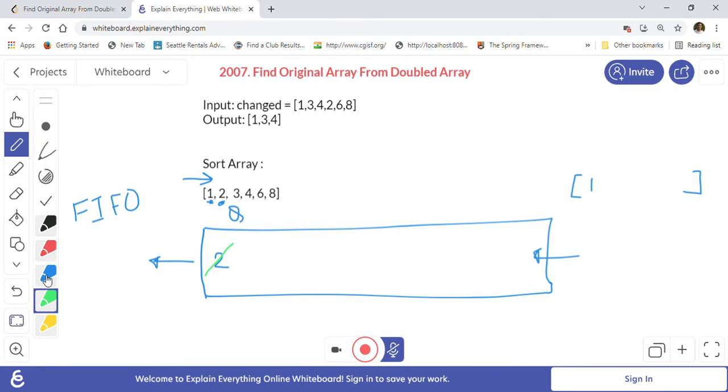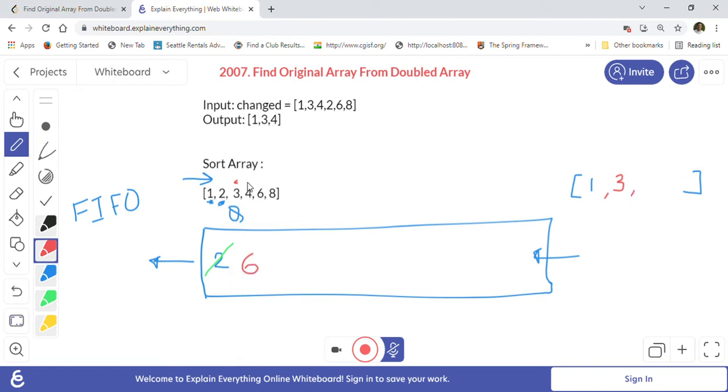So we will move to the next element, which is 3 now. We have seen 1 and 2, so now we are at 3. We will insert double of the number. First we will check if the queue has the element we are looking at. 3 is not at the front of the queue, so we will insert its double, which is 6. So 6 we will insert here, and 3, the number that we are looking at, we will insert into our answer array. So now we have 1 and 3 in our answer array, and 6 we inserted into the